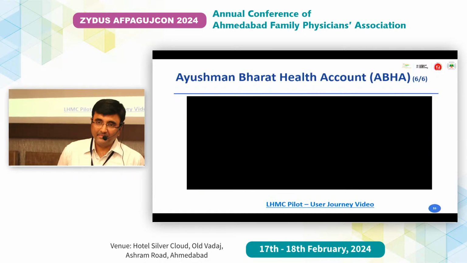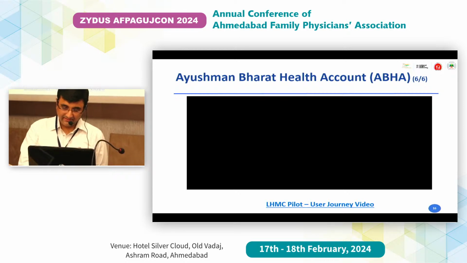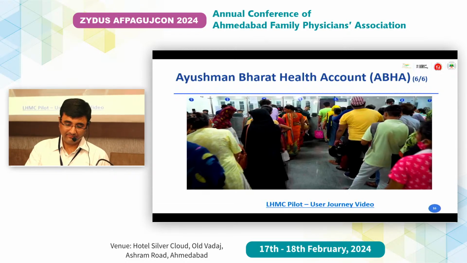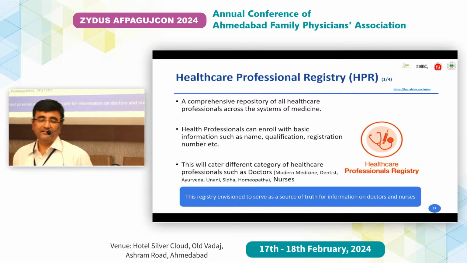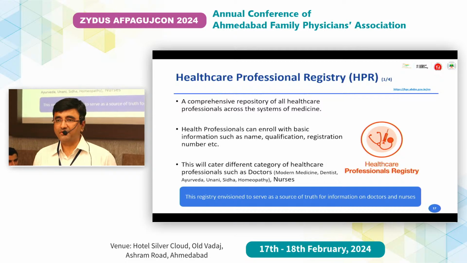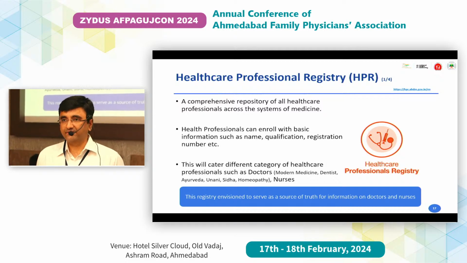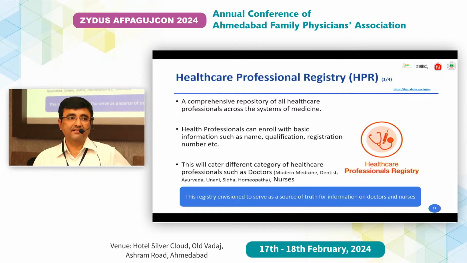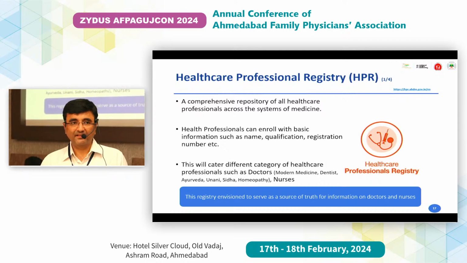So wouldn't that be useful if we can simply scan the QR code? We can have the availability of data, and at the same time the OPD token may be shared with the patient. Or say, for example, I take it to the next step. A citizen can take an appointment at your clinic. The arrival of the citizen is known to you. The medical records of the expected citizen are known to you. Wouldn't that be very useful as a practitioner, that you have the details of the expected patient?